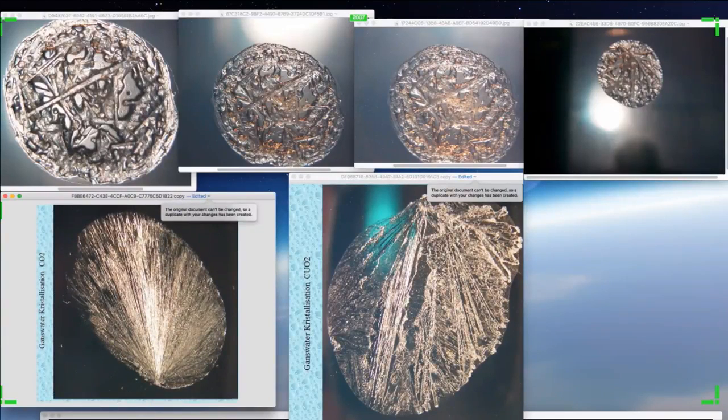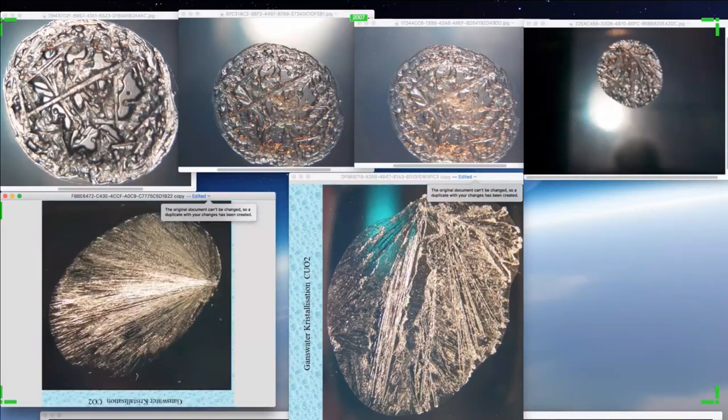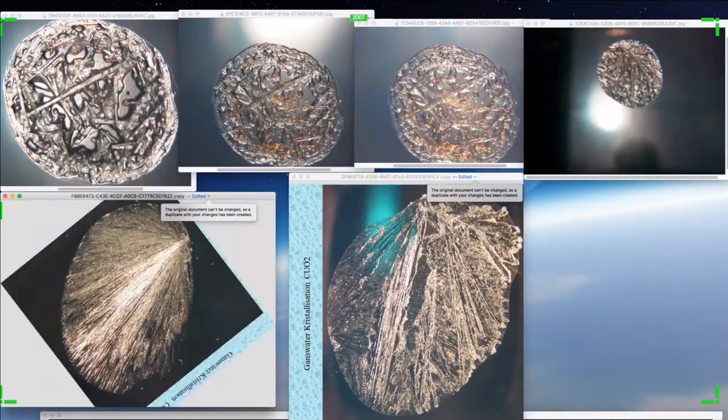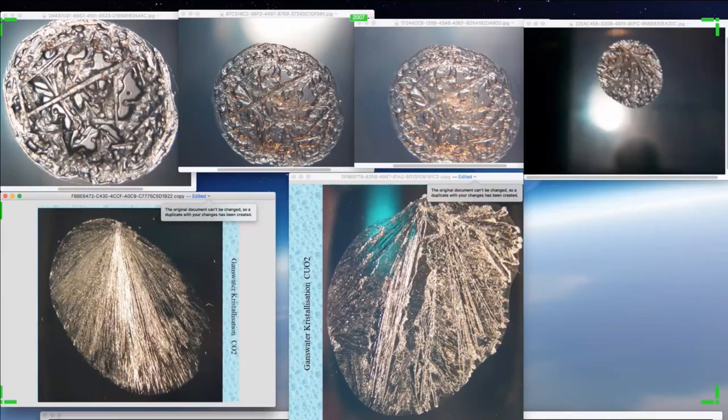Can turn that one another 180 degrees and make it look similar to the other one. Turn that one 180 degrees, please. Like that? Yeah. And then I'm going to send you